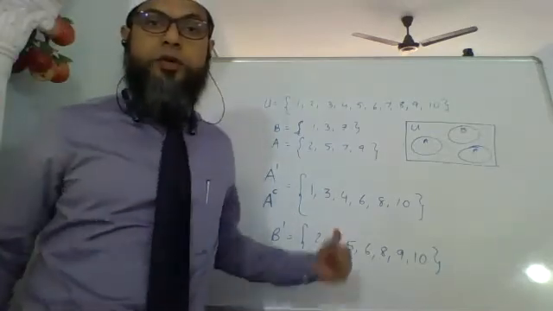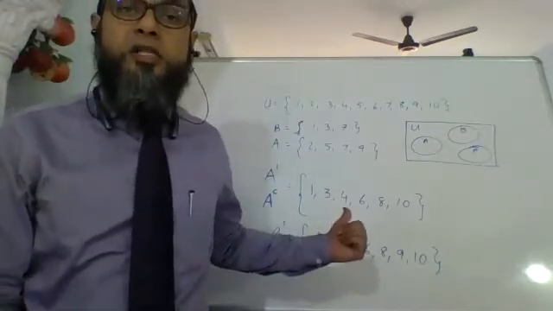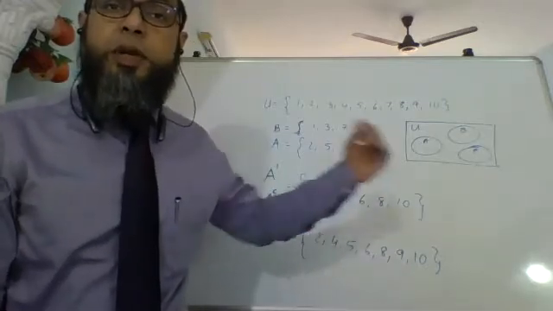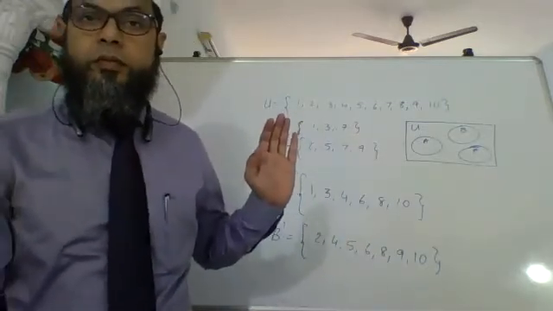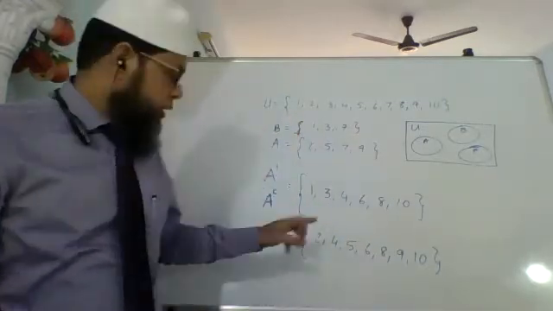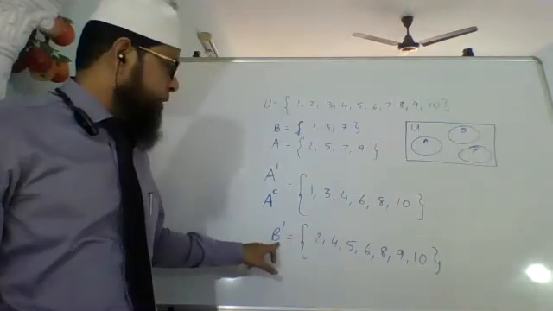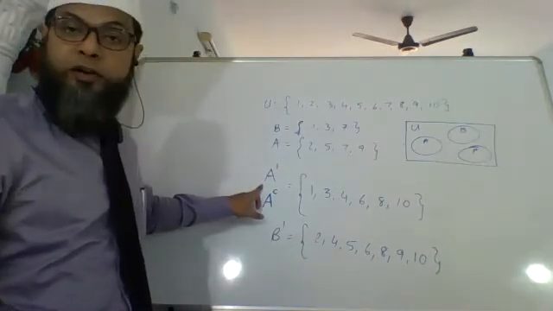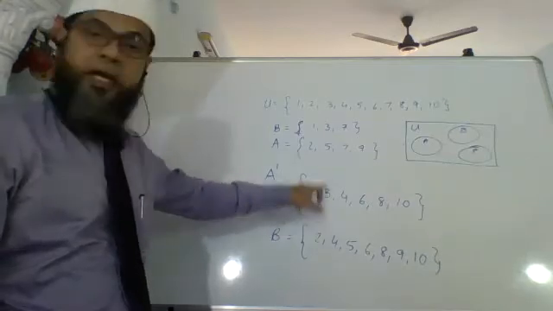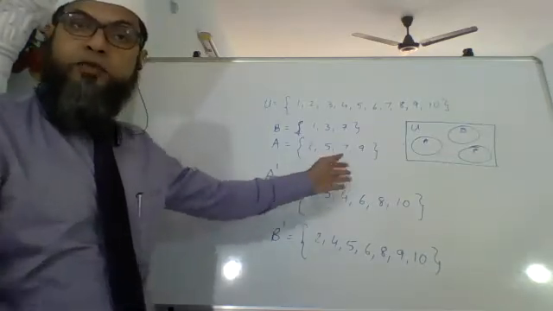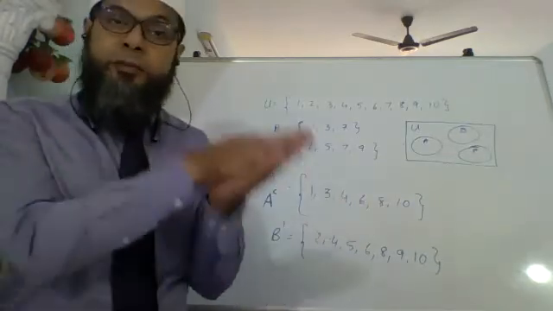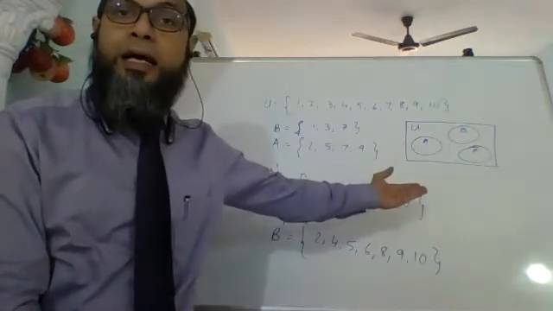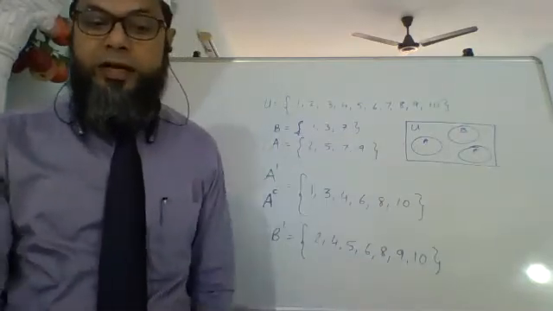If you have you understood this? All the elements of the universal set minus the elements of the set is complement of that set. Now B, this is not complement of A. This is a complement of B. Similarly, this is not complement of B. This is a complement of A. Okay. So complement of sets can change. Same universal set, लेकिन अगर set अलग है तो उसका complement भी अलग रहेगा. Okay, so please write down.